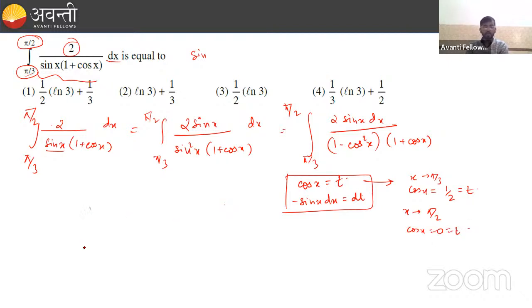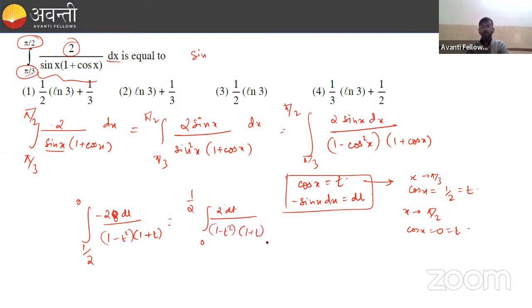So we will write half to 0, and here we will write minus 2 dt upon 1 minus t square into 1 plus t. For this we can change it as 0 to half 2 dt upon 1 minus t square into 1 plus t. Now for this we will use